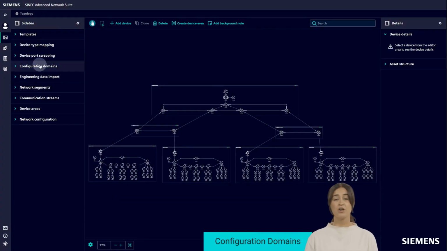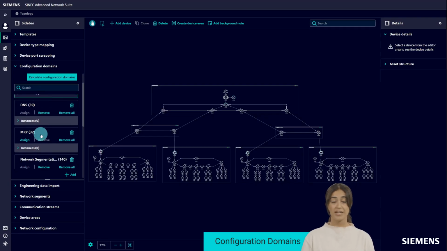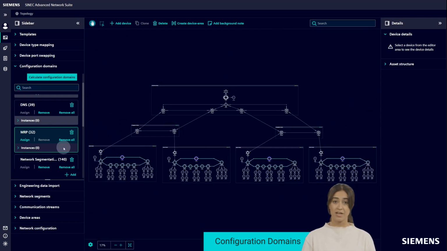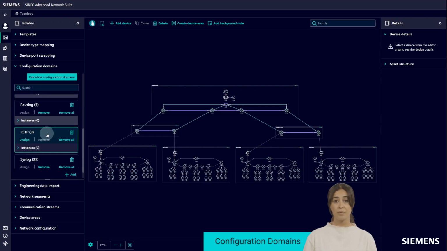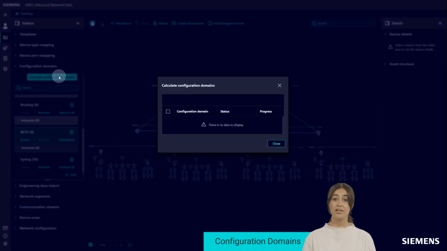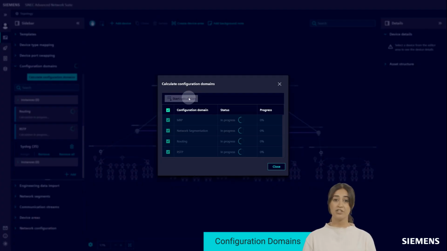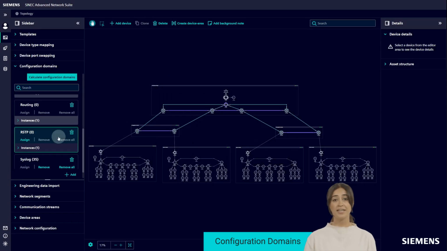The network templates are already designed to include technologies that are well suited for this context. These technologies are represented as so-called configuration domains. In this initial step, only the technically feasible technologies are identified and visually highlighted in the topology by selecting the corresponding configuration domain. This step does not involve calculating specific parameters or making final decisions about which technologies will ultimately be used. The final decision as to whether a specific technology will be applied is made in a later step